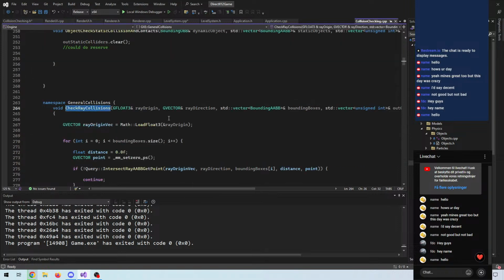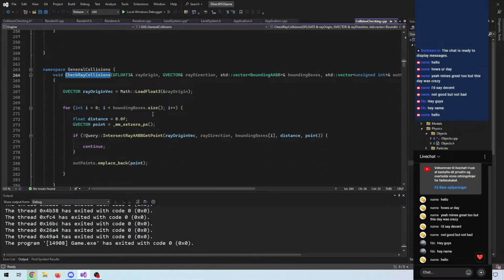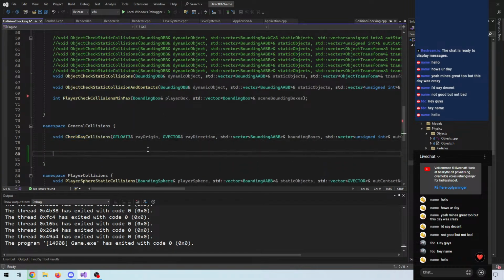So we do actually have an implementation here. But I would like a probably faster implementation. So let's do a